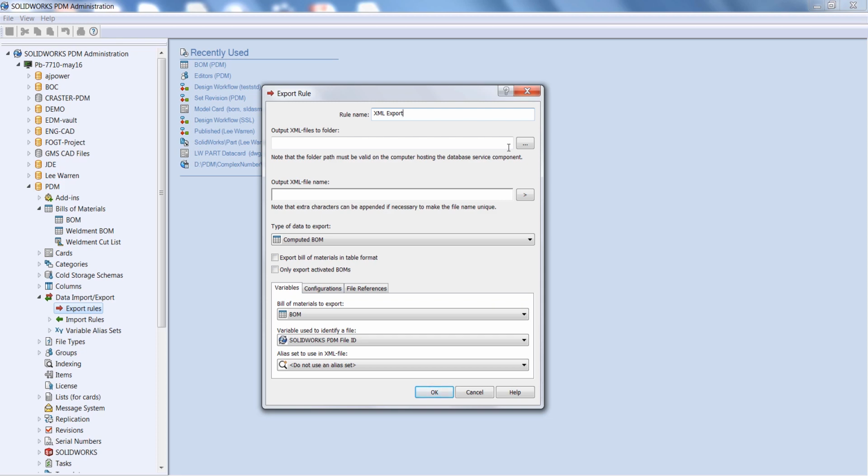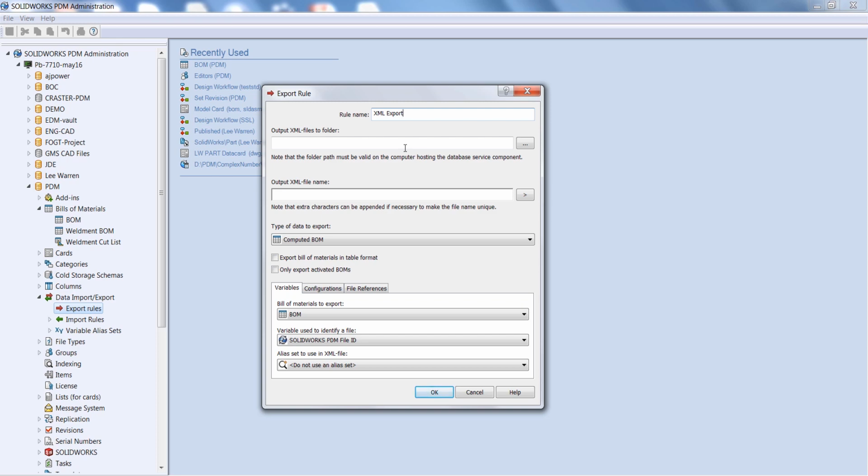So the key here is where you're going to output this XML file and folder to. Now, this should not be a folder inside the Vault. The XML export is not designed to export XMLs inside the Vault. If you're going to use a mapped drive, it needs to be available from the server, the mapped drive. Otherwise, the export will fail.